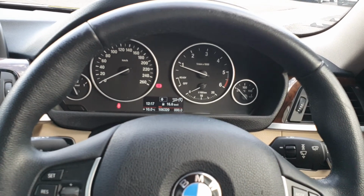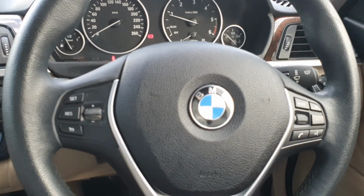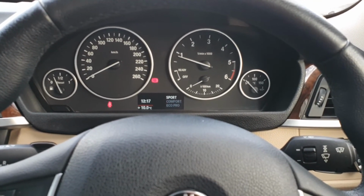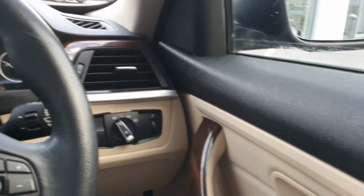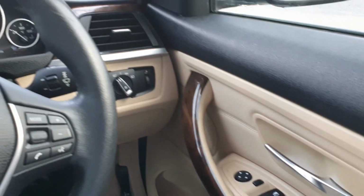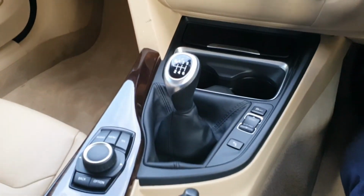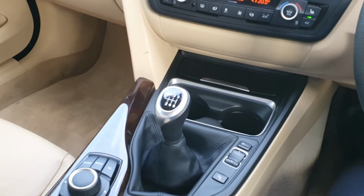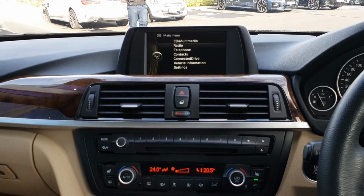Now folks, that we're inside, you notice the BMW multifunctional sports steering wheel. This car is also fitted with a sports mode, comfort mode and an eco pro mode. Automatic lights, fully electric windows, the BMW iDrive system on board, the manual gear shift, 360-degree parking sensors,